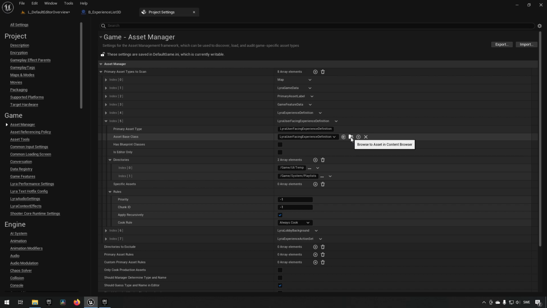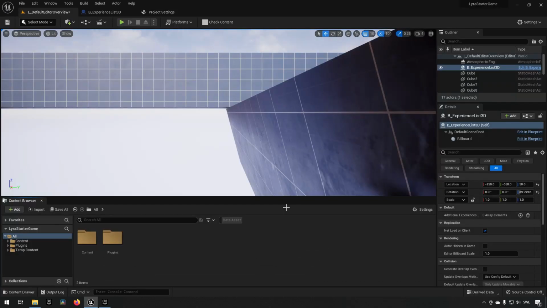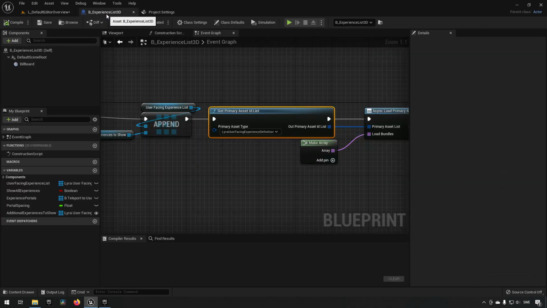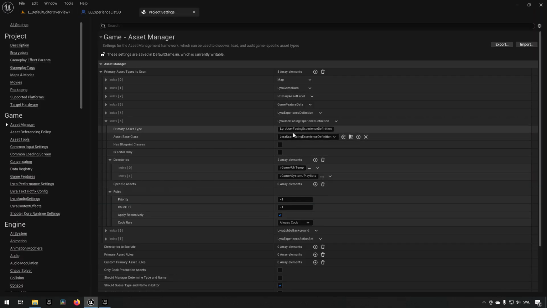So we have a browse to asset in content browser here, so let's click on that. We can see that nothing really happens here. We're still in the original all folder of the project, and this is most likely because this specific asset base class here is not a primary data asset that's created inside of Blueprints, but instead in C++, so it's not available in the directory to view in such a way. However, that roadblock doesn't need to stop us for long, because even though we can't see this specific class, we can